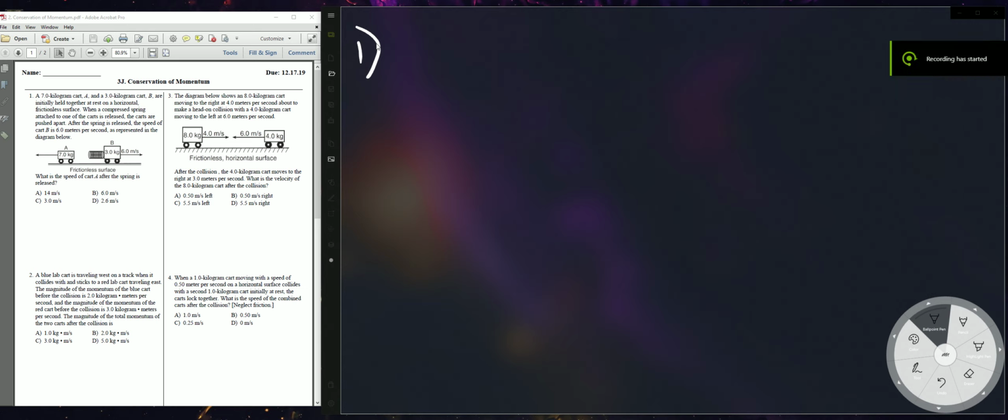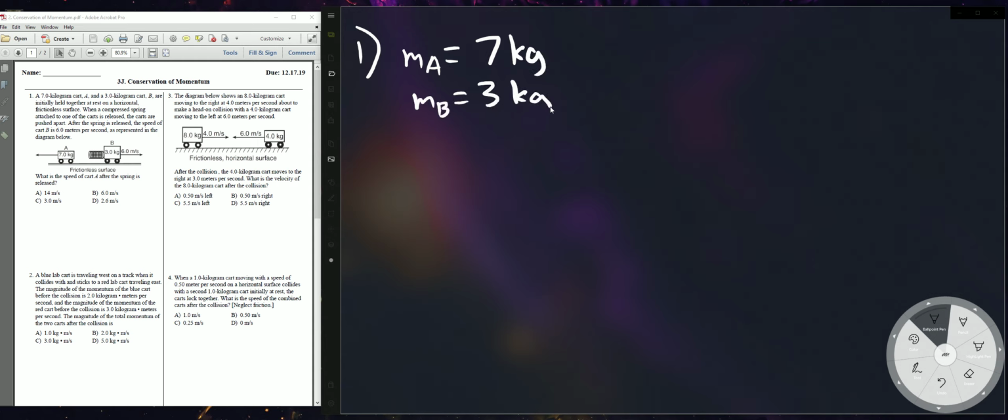Alright, so this is going to be a conservation of momentum walkthrough 3J. So a 7 kilogram card, so M, and just for simplicity I'm going to call it MA, 7 kg, so it's card A, so MB is 3 kg. Initially held together at rest, so they're both starting from rest, so VAI is 0, VBI is 0, and you